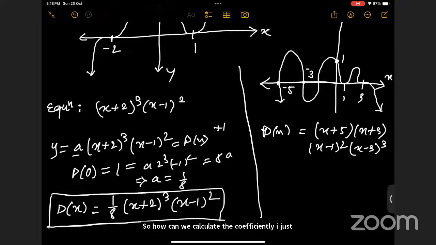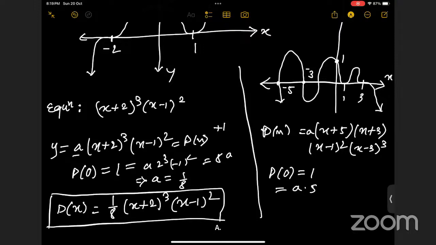The y-intercept is 1, so p of 0 is equal to 1 here. There is one coefficient, and we can calculate the value of the coefficient, right? Yeah, this is very important. So p of 0 equals 1 again here, so it will be a into